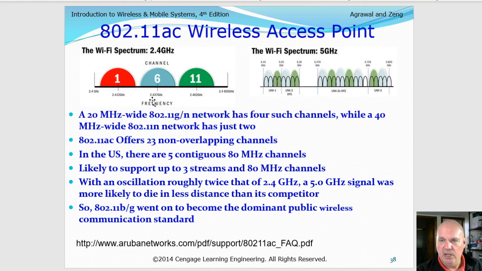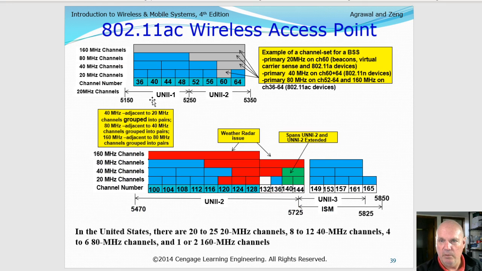So I think the basic channel width is 20 megahertz, but these could be combined to get 40 megahertz channels or even 80 megahertz channels for mobile systems that had high data rate requirements. So I think this is showing combining 8 of the 20 megahertz channels to get a single 160 megahertz channel with the 802.11 AC for a really high speed